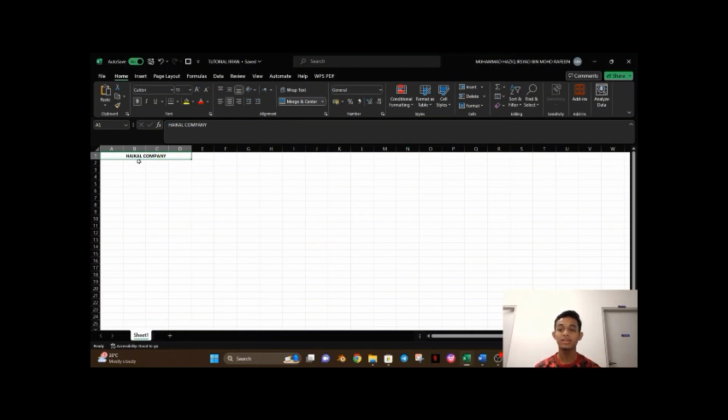Next, click on the cell B2 and type the text years, without bold, and the same thing, click on cell B2 until cell C2 and merge and center. After that, click on cell A3 and type the text month and go to the cell A4, type the text January